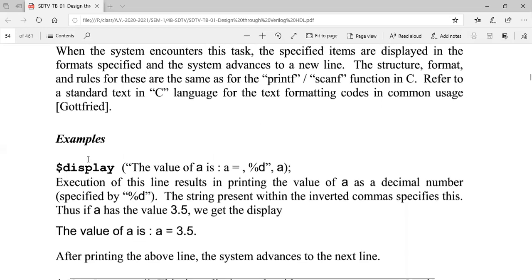In the brackets, under double quotes, you are mentioning, for example, the value of A is: A equals whatever you write, and that will be displayed. And you are mentioning what type that value A is. You are mentioning that it is of decimal type. Okay. Do you get now what it is?